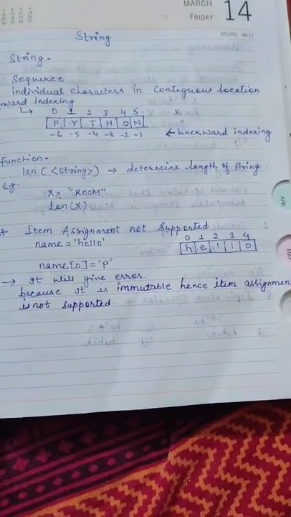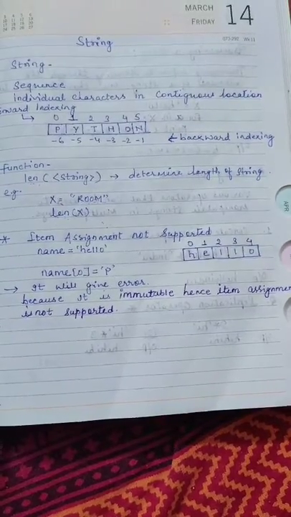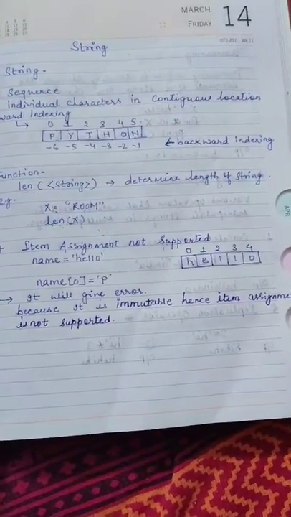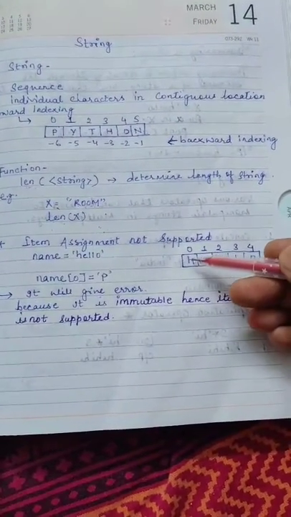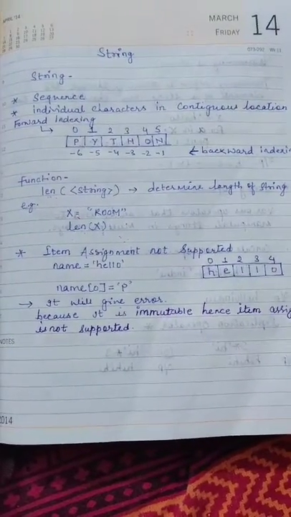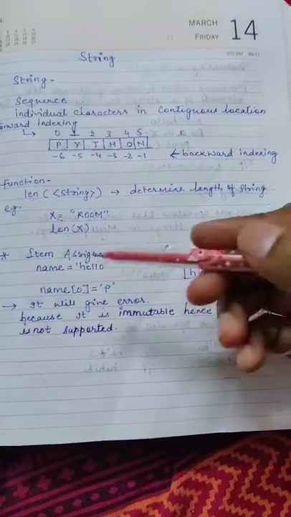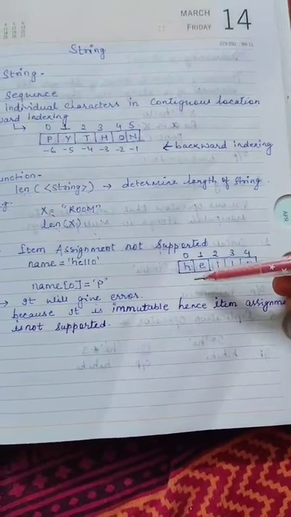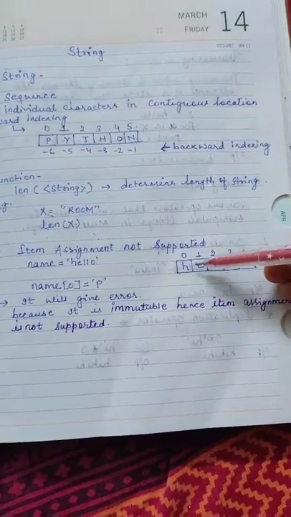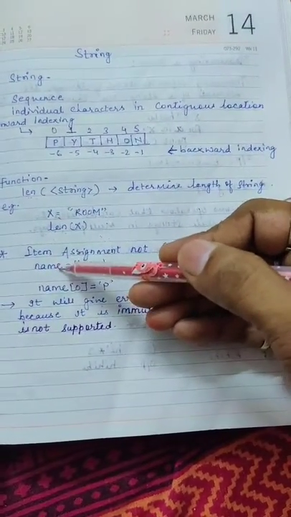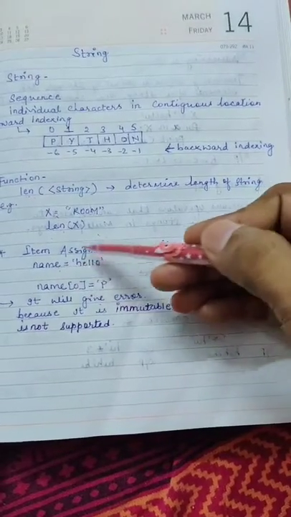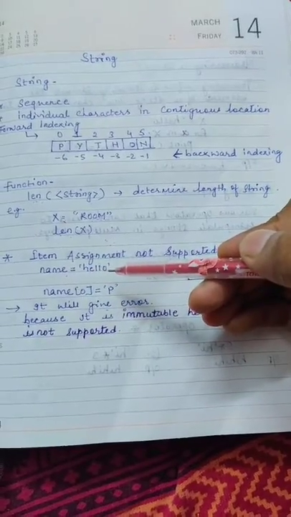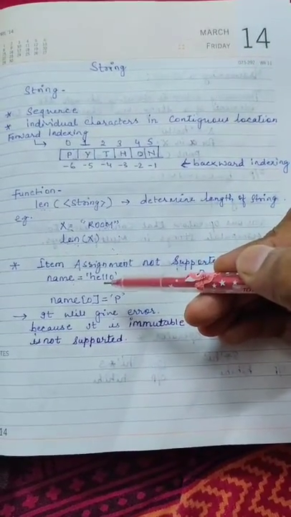Now, we already know that a string is an immutable data type. Immutable means you can't change the value at a particular location in the whole program. You can't change the particular value in any place. So if name is a variable, and the variable is assigned a particular string value,